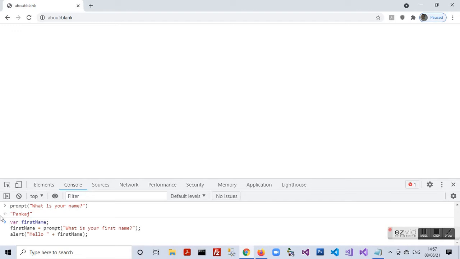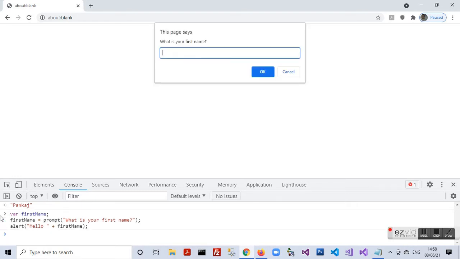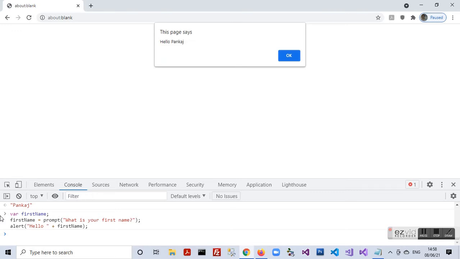The three lines of code will execute, first of all bringing up a prompt for the username. I type Pankaj as the first name, and then an alert message comes up saying hello Pankaj.